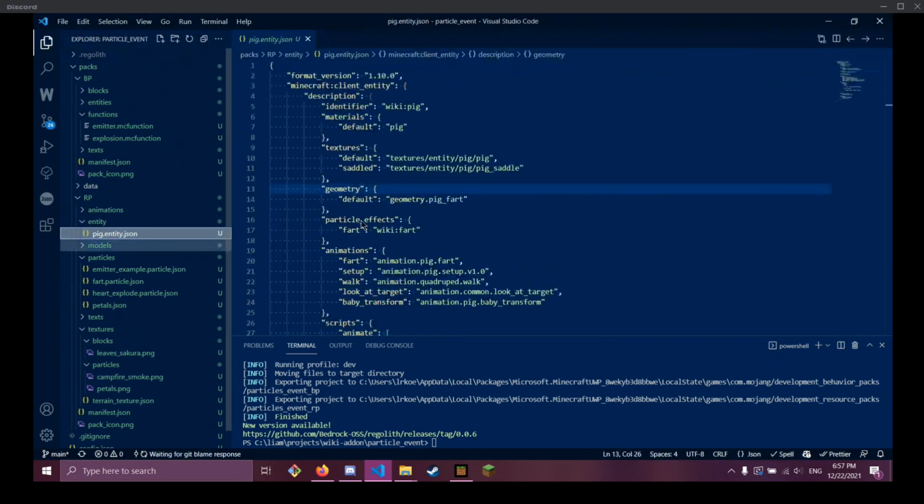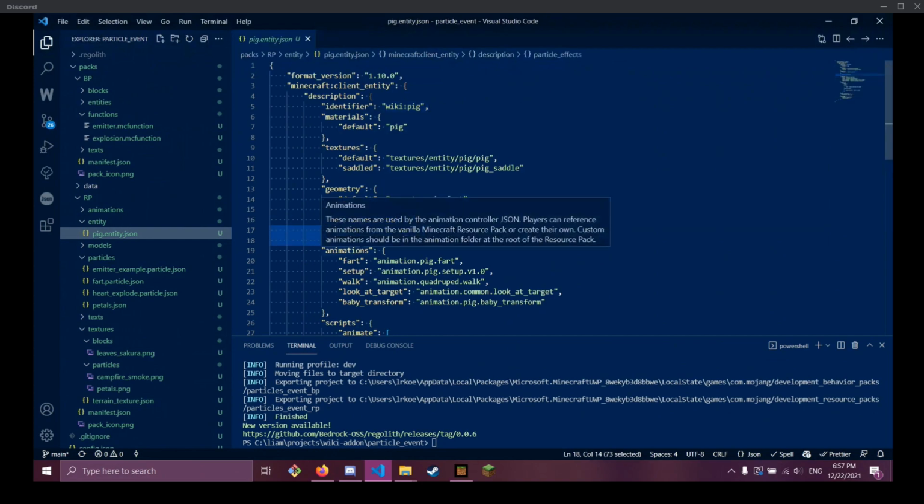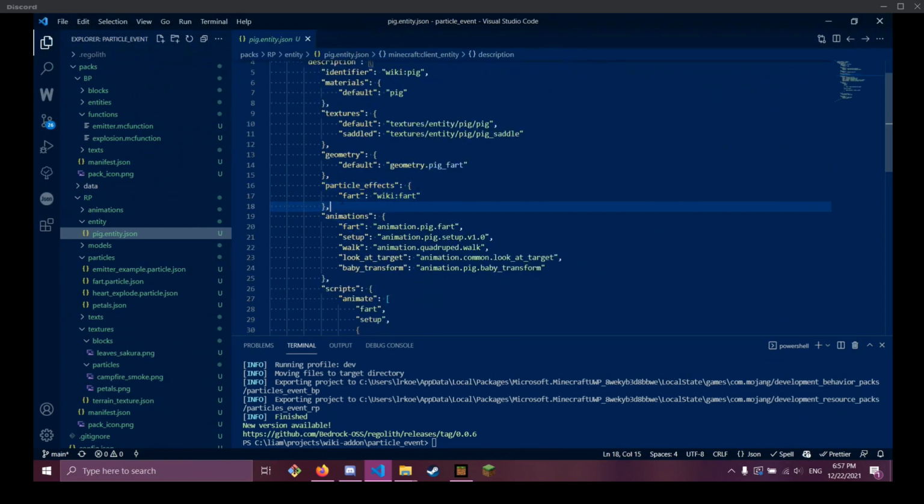We'll start at the entity. So I have created a copy of the pig entity called WikiPig. The first thing that you have to do is you have to add your particle effects here and create a short name for it. And this is going to associate a new name for the particle within your RP entity file or the whole ecosystem around it. This is really common. You've already seen it happen with textures and geometry and materials and sounds. So we give a new name here called, I should just change this because this is a little bit silly. I don't want to say fart 10 times. So we got a hearts particle effect now.